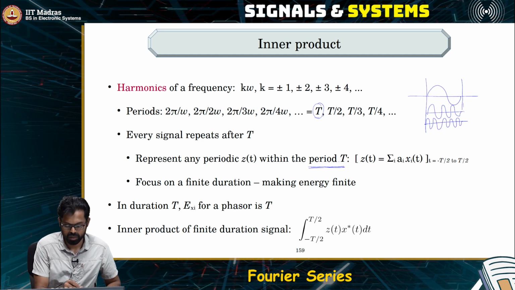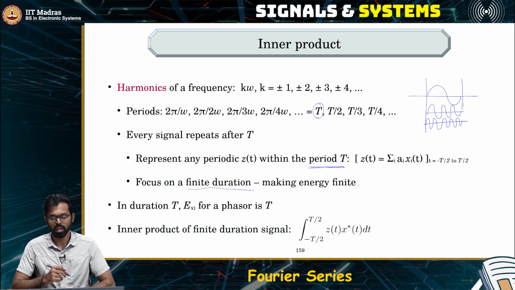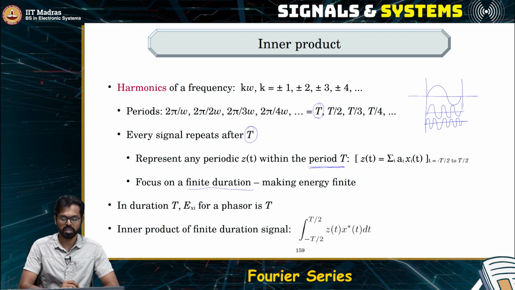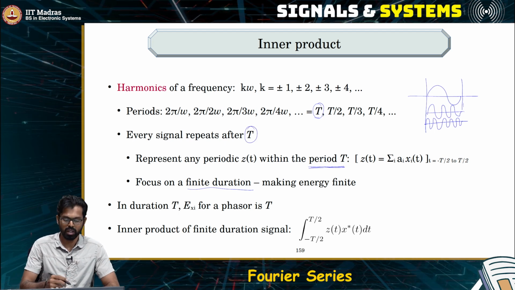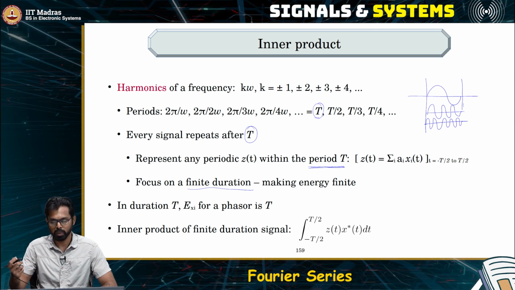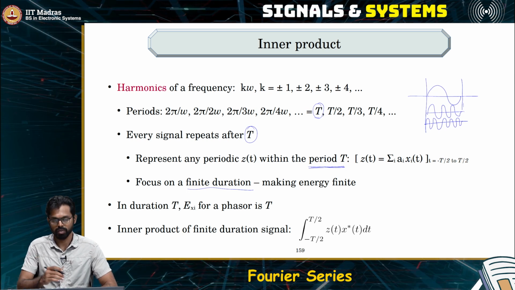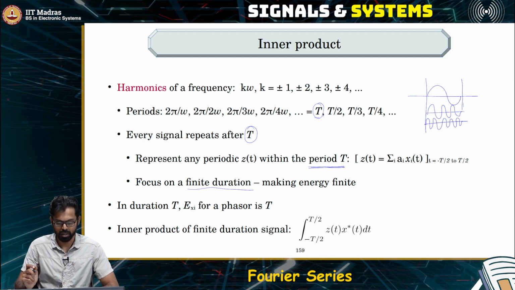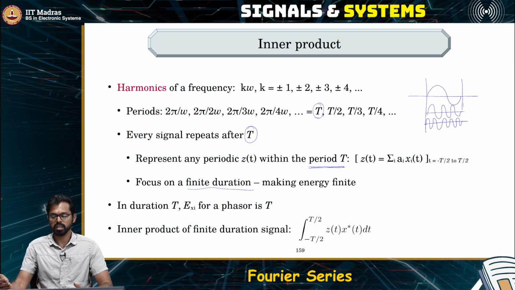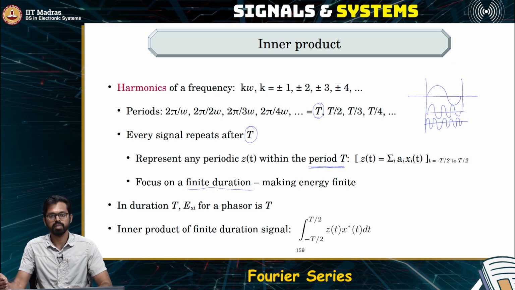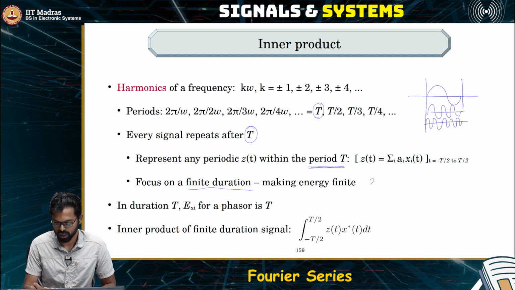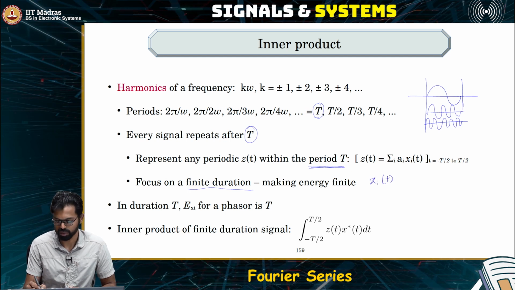We focus ourselves on a finite duration signal, and the duration is this capital T, which is given by the fundamental frequency. So basically we will take the period of the fundamental component of all the harmonics that is present and then focus only in that period. Remember, we already discussed when we talked about energy signals, any finite duration signal will have finite energy, which means if you compute the inner product of the phasor